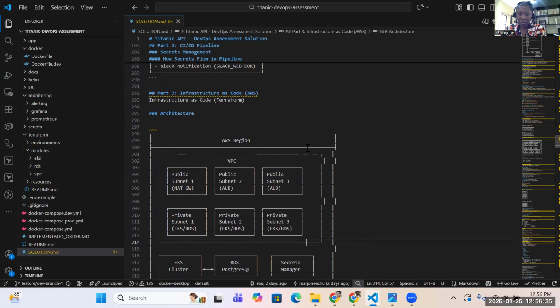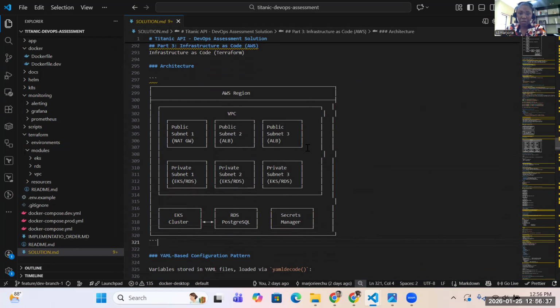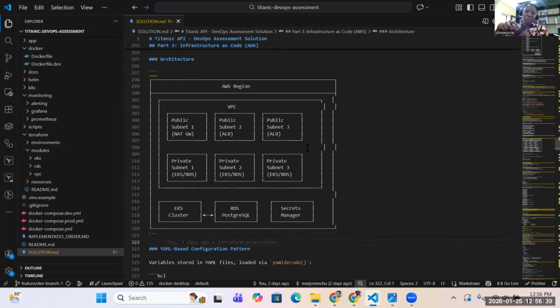What it indicates basically is one VPC with 3 public subnets and 3 private subnets. We have the NAT gateway in a public subnet for egress calls from the clusters in the private